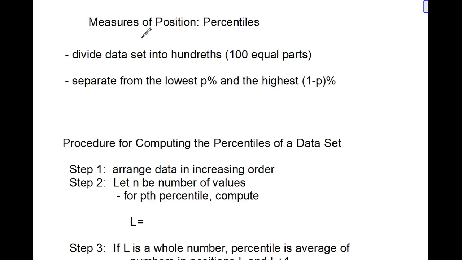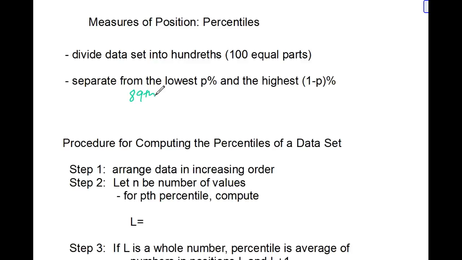In this video, we will continue talking about measures of position, particularly percentiles. So percentiles divide data into hundreds, 100 equal parts. What happens is they separate the lowest p% and the highest 1 minus p%. So for example, if a person is in the 89th percentile,